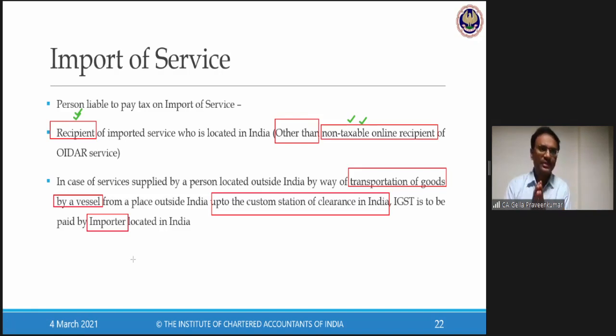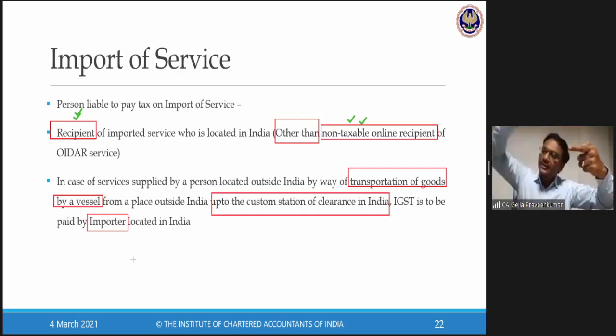This provision under section 5, there is a notified list. In the notified list, the government has brought in Notification 10 of 2017. Don't worry about the notifications and other things. What it says, in relation to material, the goods which have been imported. So when I import the goods, my import happens through A, my import happens through C. When the import has happened through A, they're not talking anything. If the import is happening through a vessel,